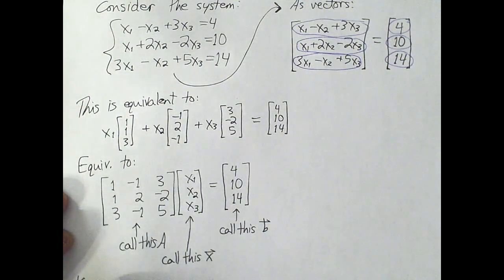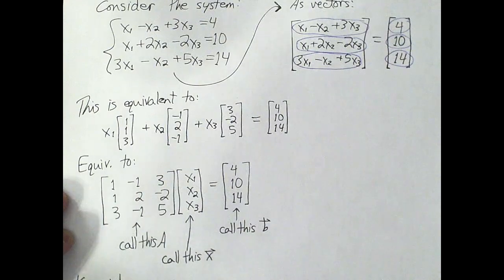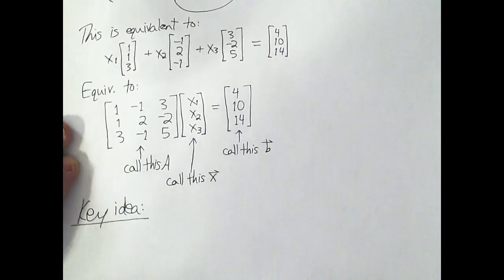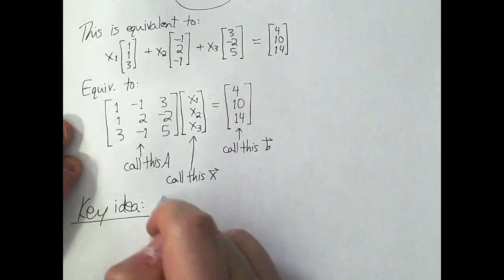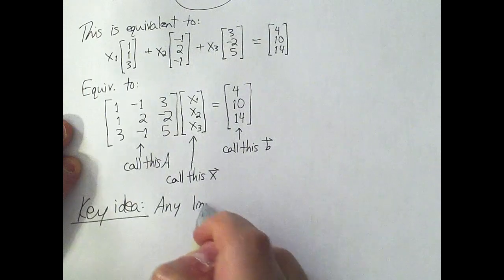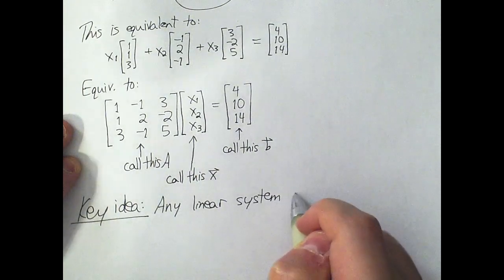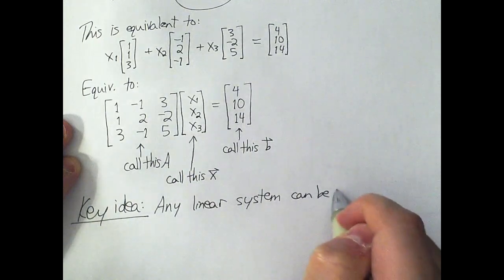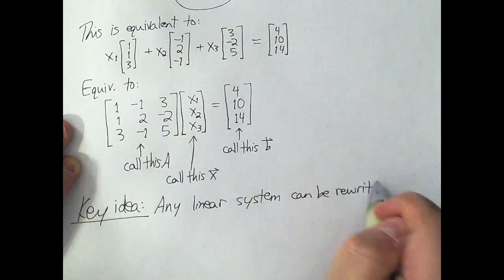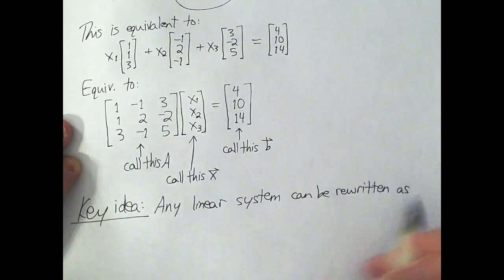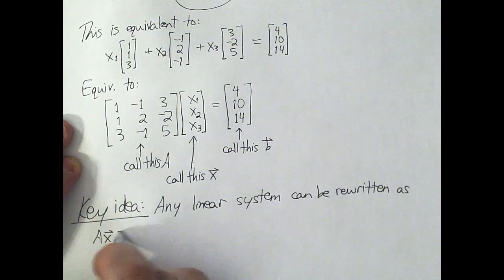There's nothing particularly special about that system. In fact, it seems like maybe you could do this with every system. So here's a key idea. Key idea: any linear system can be rewritten as AX equals B,